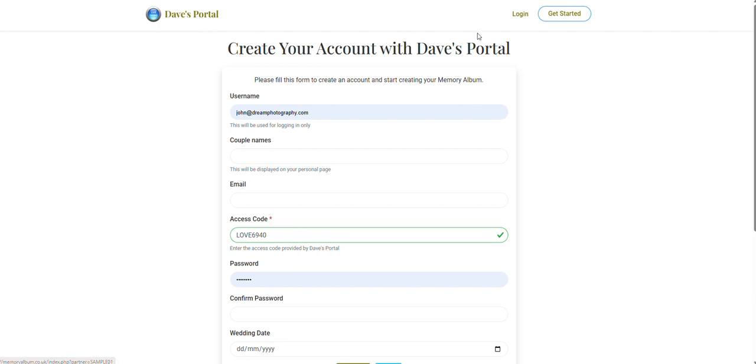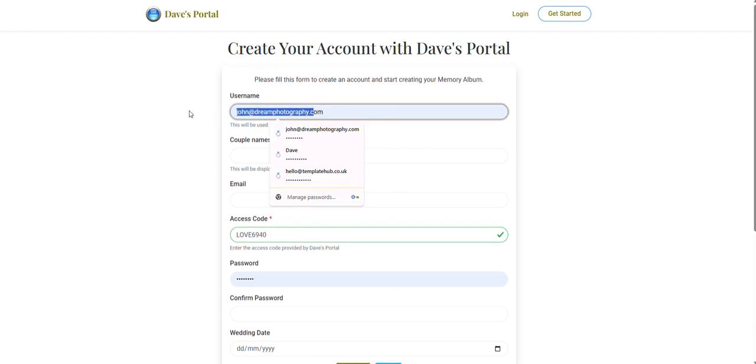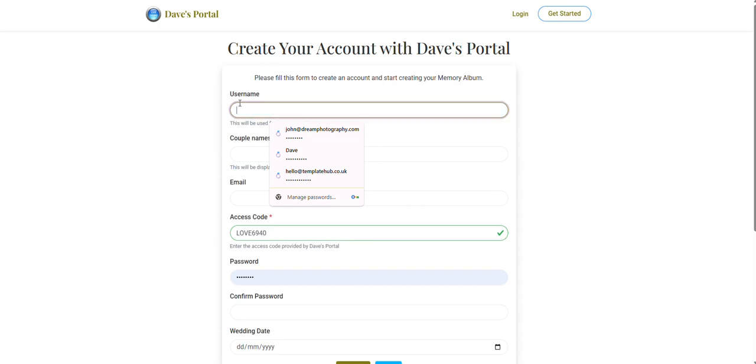it's got my branding colours that are set. It's got my logo. It's got my business name. Remember, I called it Dave's Portal. It's automatically added the access code, so you don't have to copy and paste it to them. Okay, so it automatically puts it in there. So all they need to do, ignore that, that's just pre-filled because my computer remembered it,